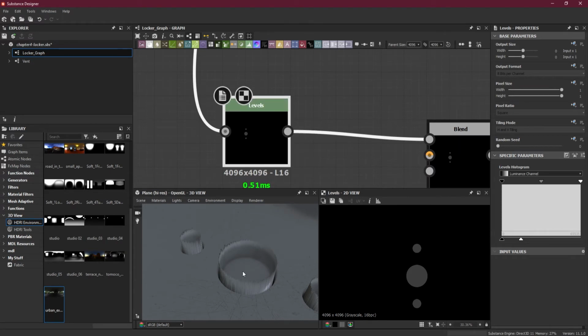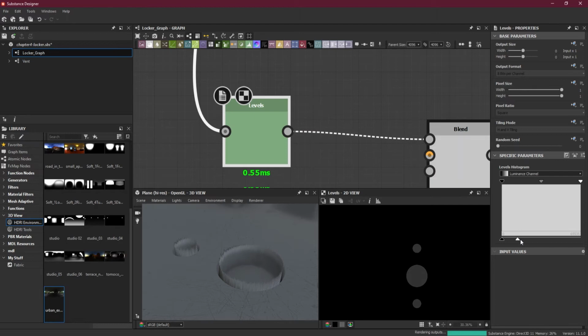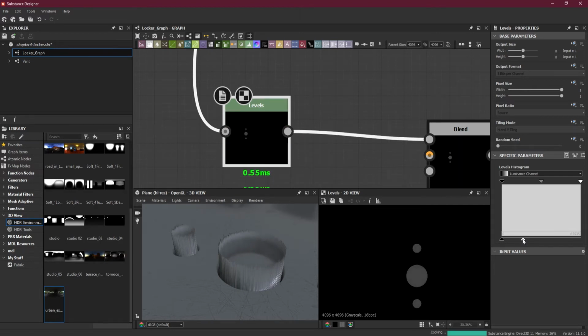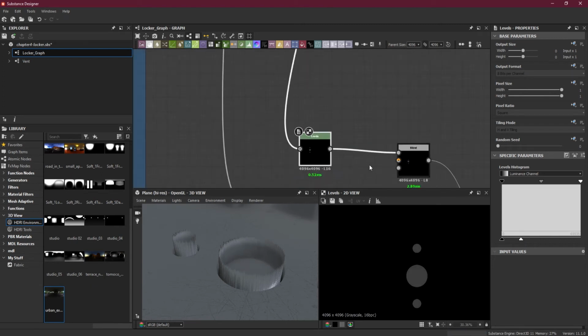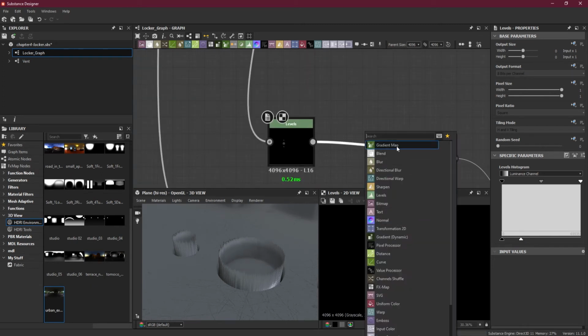Okay, don't worry about this because this will be fixed once we apply the mask to it. So I just need to adjust the height. Okay, that's good. Then spacebar, Gaussian blur. Sorry, not Gaussian blur. Too used to Photoshop. Sorry. Blur HQ,